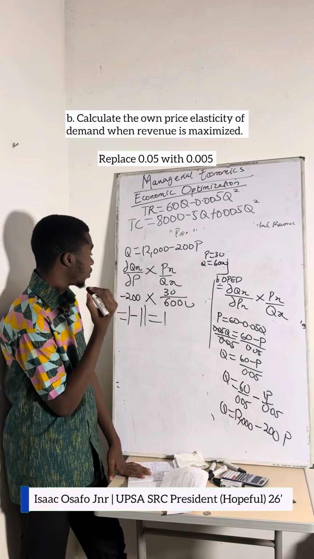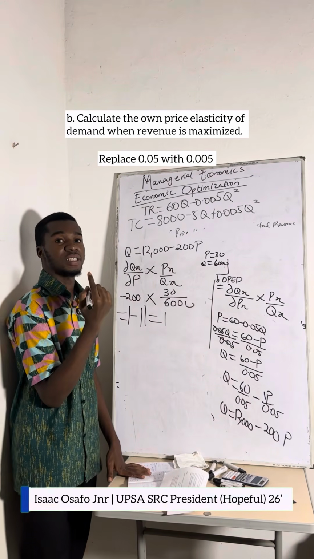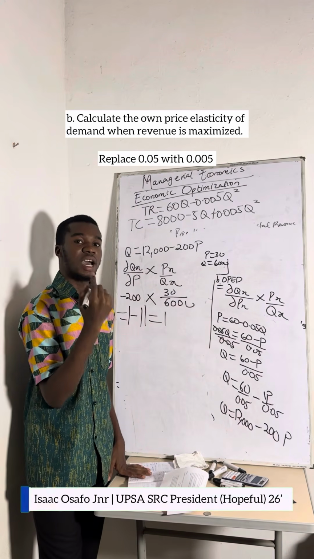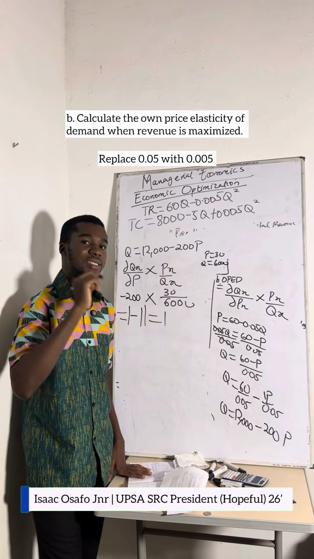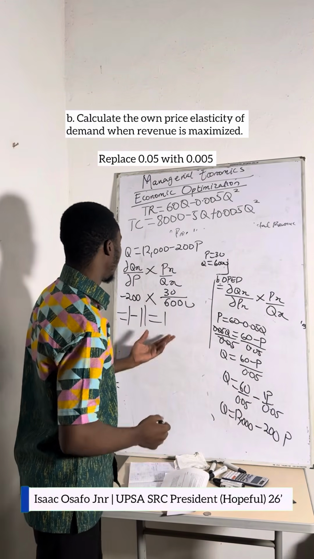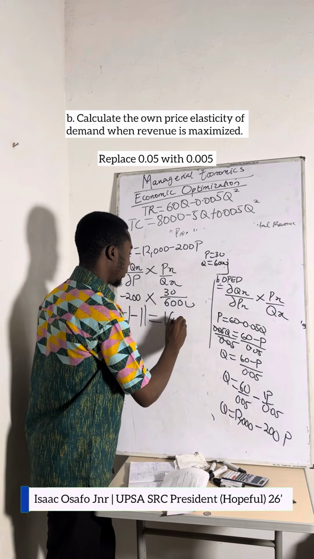So if you solve for price elasticity of demand and you get positive 1, it is unitary elastic. If you get anything greater than 1, it is elastic. However, if it is less than 1, it is inelastic. Please don't forget these things. So now we know that you are getting 1, which means that it is unitary